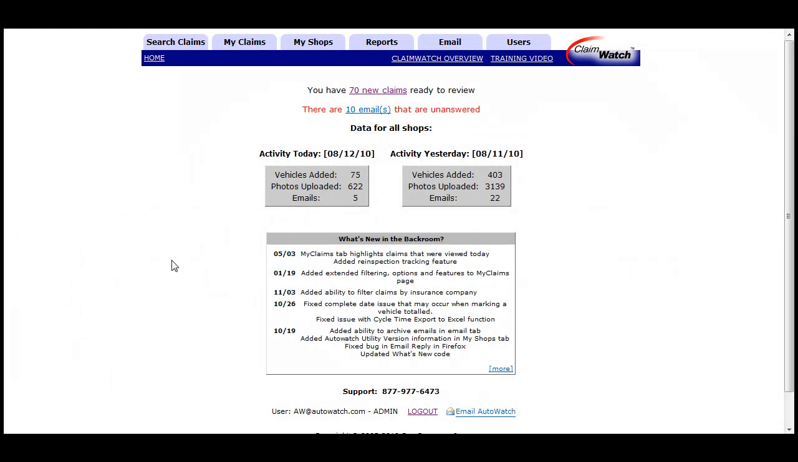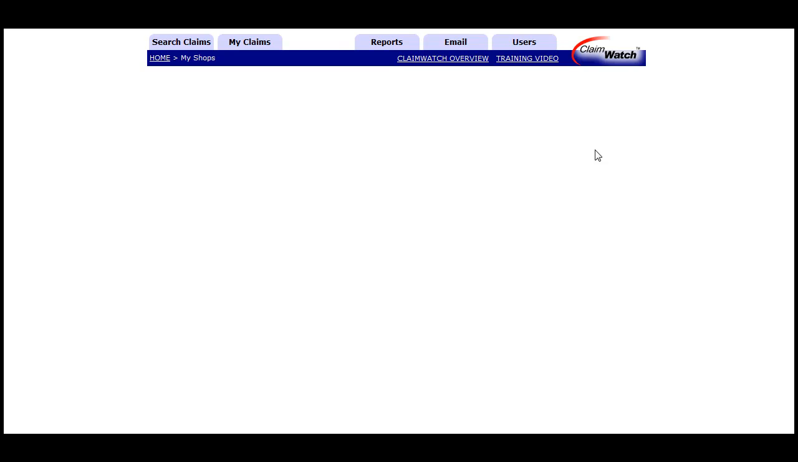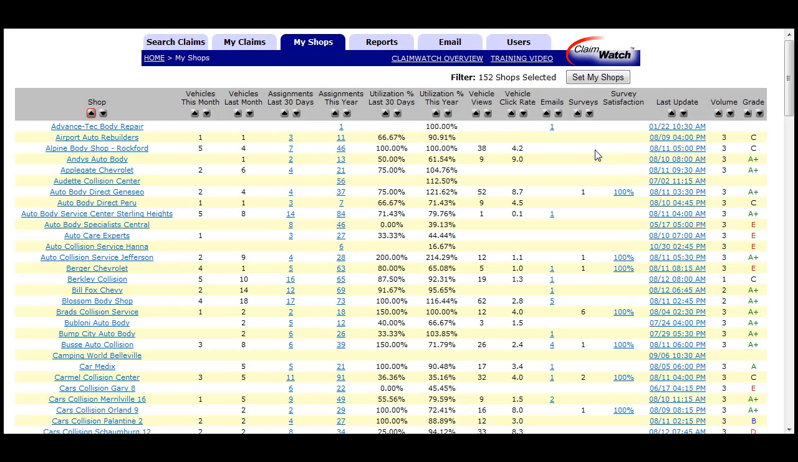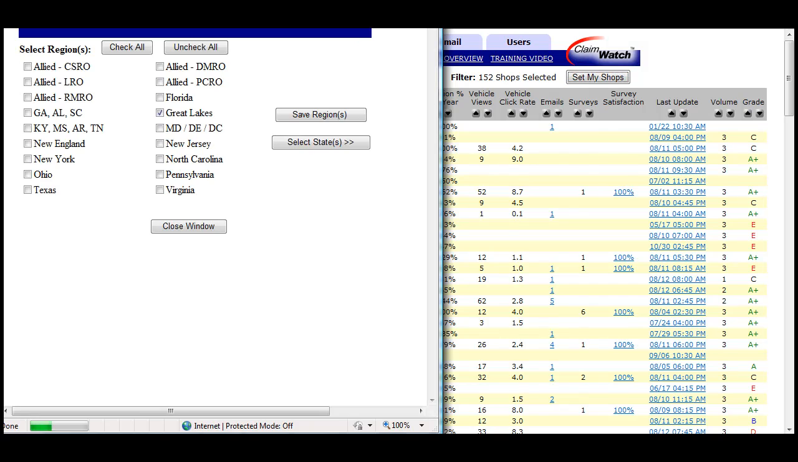So once you've logged in using your username and password, you will come into a home screen that looks like this. The first time you come in, you'll need to set up My Shops, or if you want to adjust your list, you can do this. In this case, it just pulled up all the shops I previously had selected. If I want, I can readjust the list or initially set up the list by clicking on the My Shops